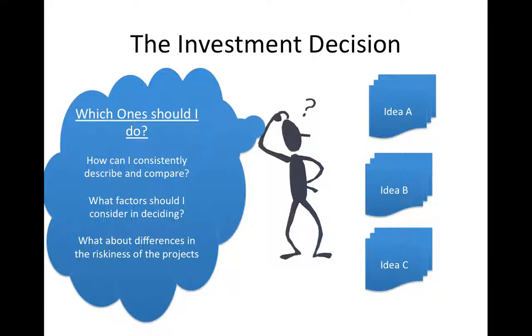And so again, to recap, you would want to have a way when you're evaluating ideas, sort of a consistent way that you describe financially what the idea is and how it might work. And you want them to not only be described consistently, but you want to be able to compare them on a consistent, sort of an apples to apples basis. You then want to have some sort of a rule for helping you figure out which ones are good or not good. And you want to make sure that all of this takes into consideration the riskiness of the project.